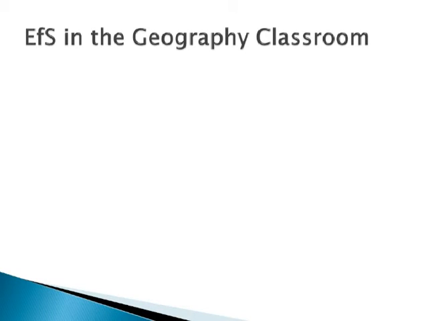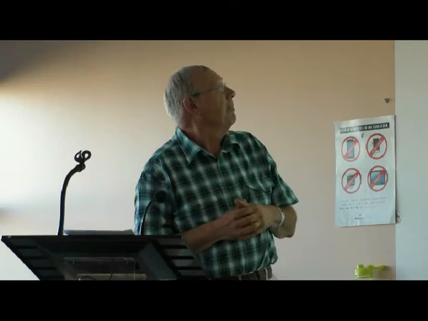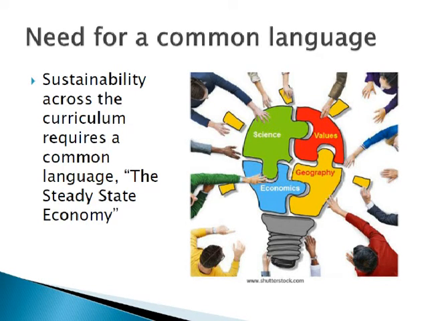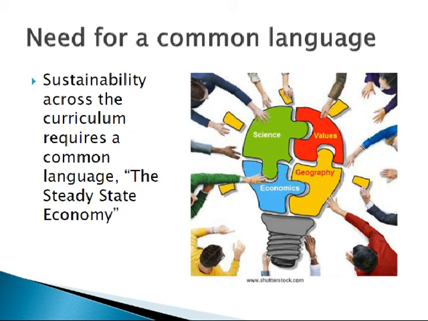Now geography, I haven't had a chance to sort of, that obviously is another area in which we can integrate sustainability and perhaps a steady state economy. What can we do as educators now? Having these things around in our classrooms, I don't know whether or not that's practical, but it would send a message to our students. One of the things that concerns me is that science, values, economics, at the moment, we don't have a consistent, coherent thought like the need for a steady state economy that focuses on a direction, something that's achievable. When you think of, let's have sustainable development,